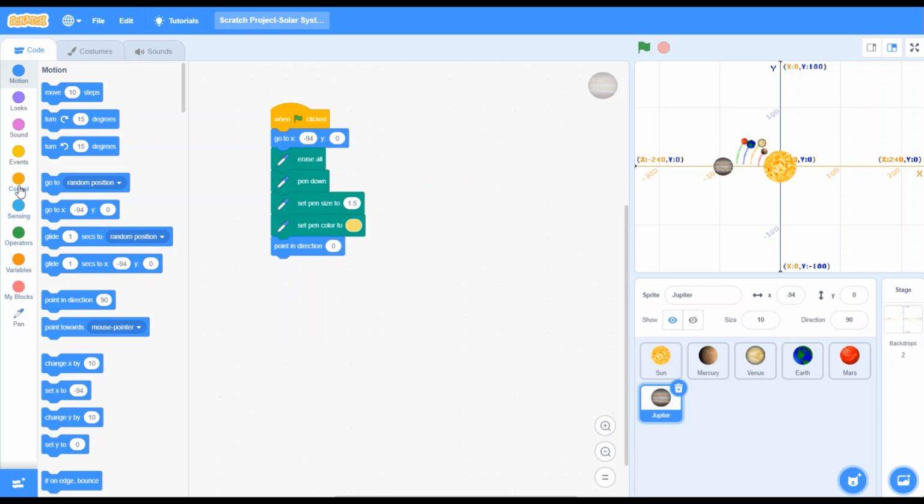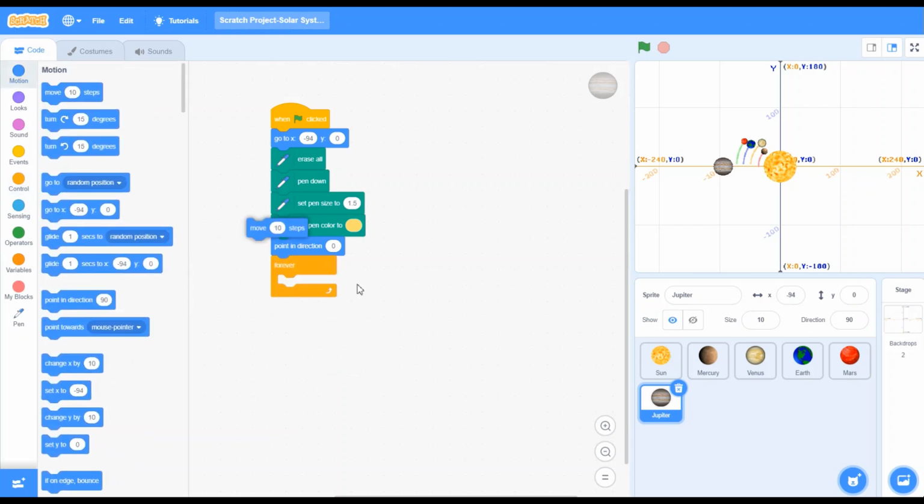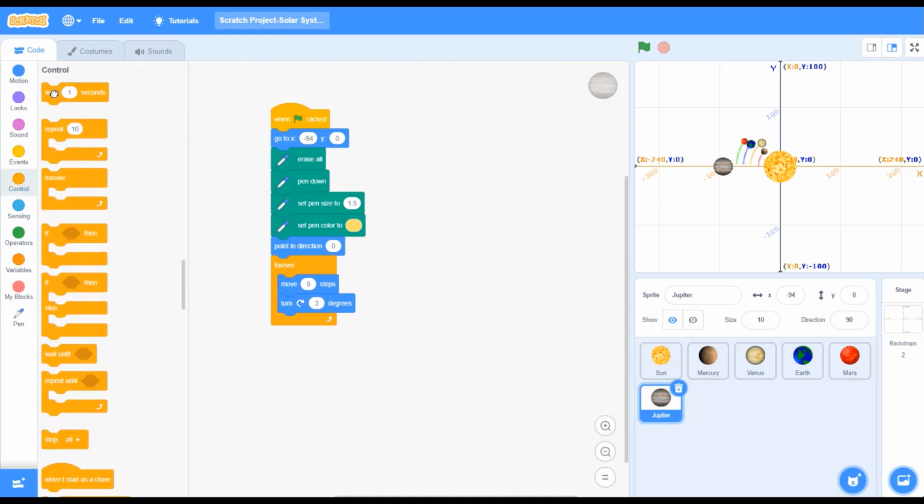Now friends, I will go here. I will pick up the forever loop. I will go to the motions. I will pick move 10 steps. I will change it to 5. Then the most important coding is here, that I will turn it 3 degrees. Now I will go to the control.